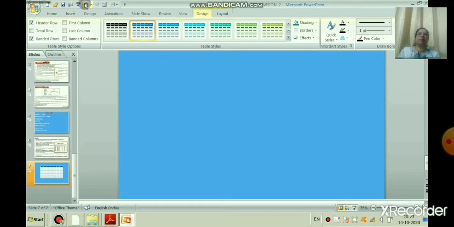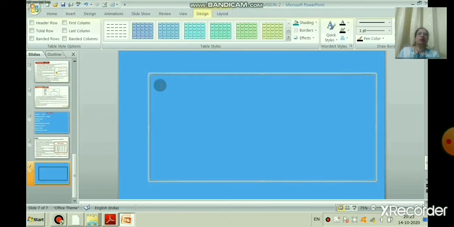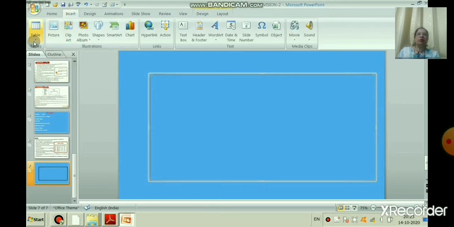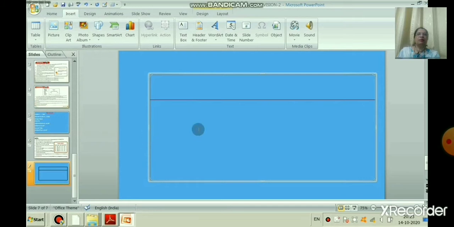This is the second method we have already learned. And the third method is draw table. You can draw the table. These are the three methods we learned in the last session. So now we will revise a table with the help of a lab activity.